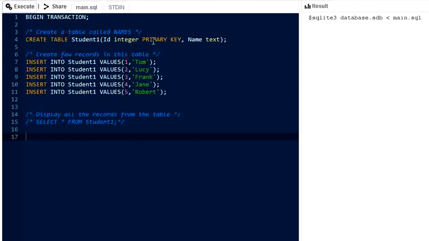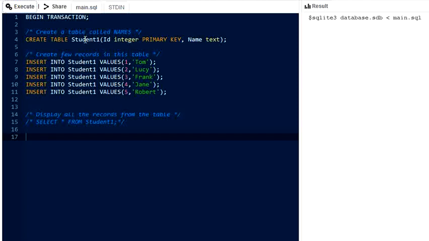The primary key is used to identify values in the table uniquely. Each row, each record can be uniquely identified by using the primary key. The second attribute is name, with the data type text. By using this create command, the table will be created, but there will be no values.